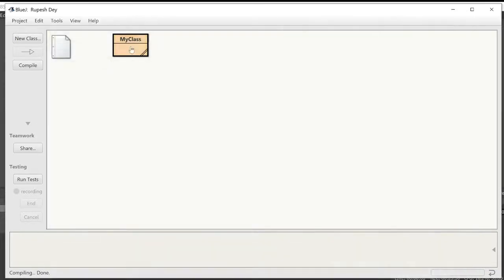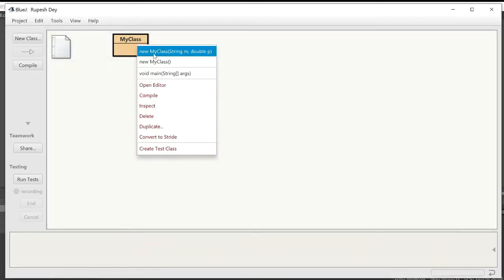Compiled, no syntax error. Now see here, we have two constructors, one is the parameterized constructor, another one is the default constructor. So we can use the default constructor to create an object here, or you can use the parameterized constructor also. If we use the parameterized constructor, we have to pass two values, one is the model value which is a string, and the second one is the price value which is a double. And if we use this one to create an object, it will not ask for any parameter, and at that time you have to call the input function. So I will not select these options to create an object, because the code to create the objects using two constructors is already written in the main function. So I will call the main function.